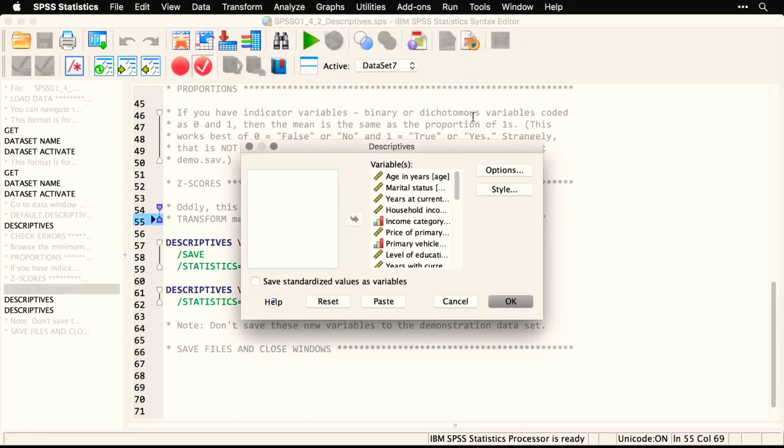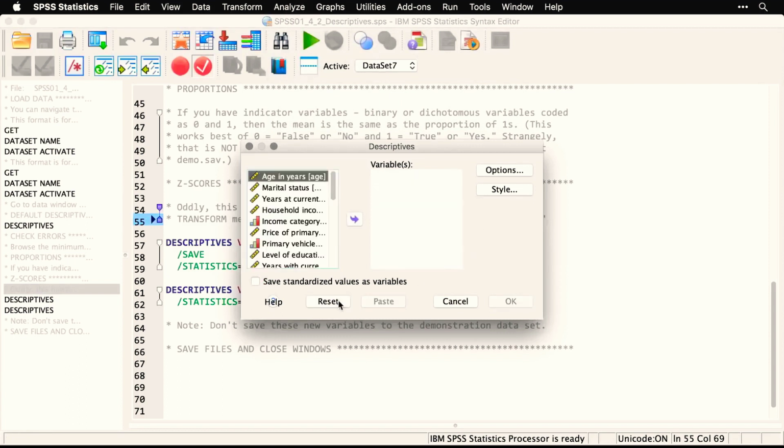And let's do age and income. So I'm going to reset this. I'm going to pick age, and I'm going to pick household income. And I'm going to get both of these as z-scores because a lot of procedures work a lot better if you have z-scores. All you have to do is this. Click Save Standardized Values as Variables. And if I hit OK,